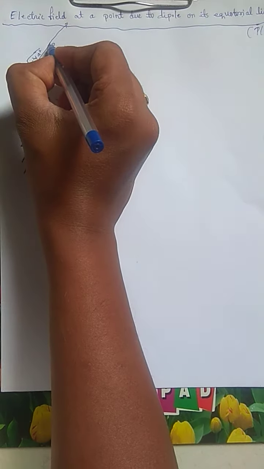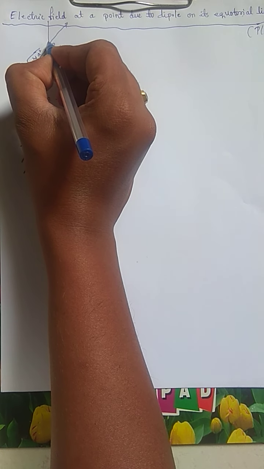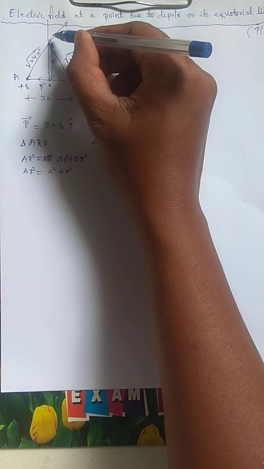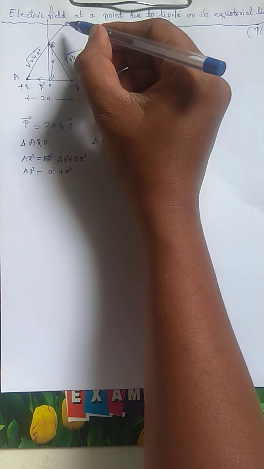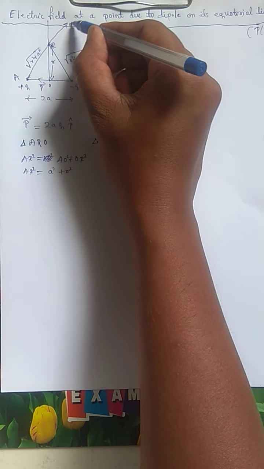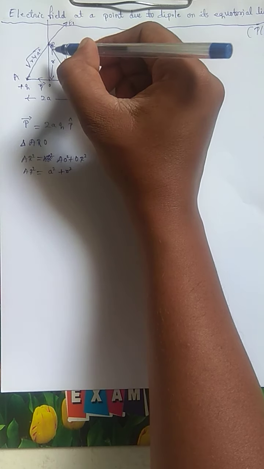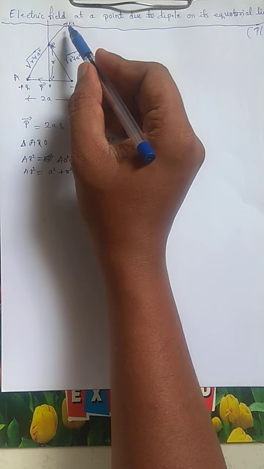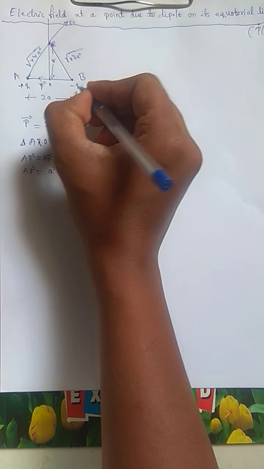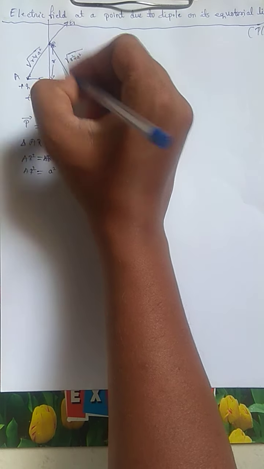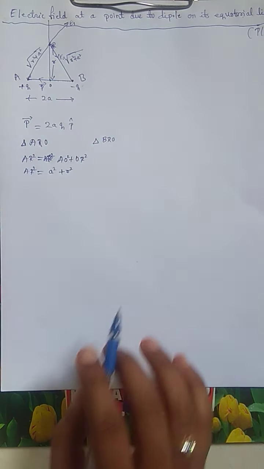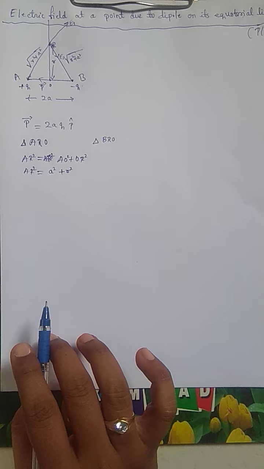Hence the plus Q charge's electric field moves in this direction. I will extend the equatorial line for our understanding's sake. Okay, so this is the electric field of the first charge, E1, moving in this direction because electric field moves away from the plus Q charge. As you know, the minus Q charge's electric field moves towards the minus Q charge. So this is the direction of the electric field of the minus Q charge, right?